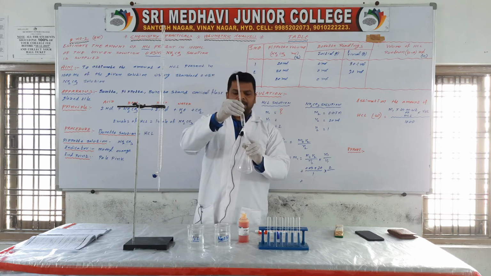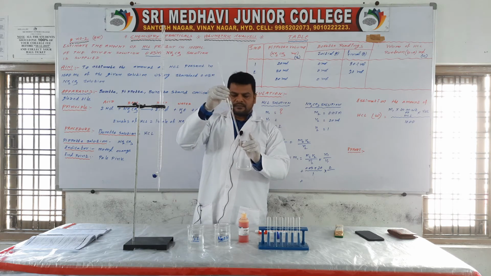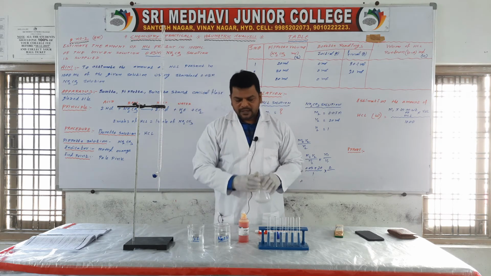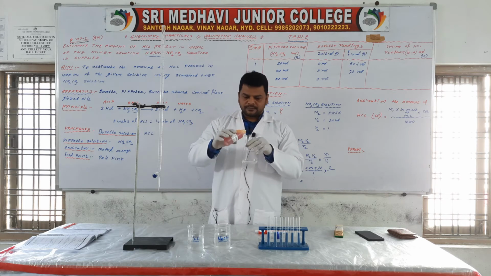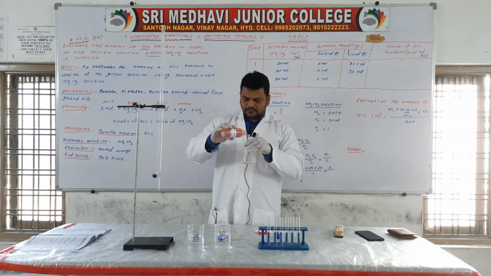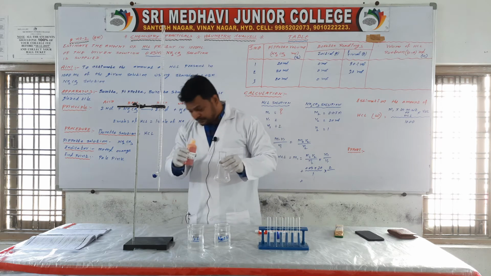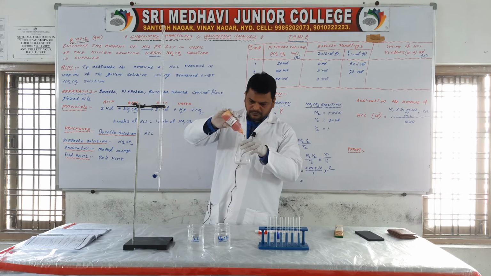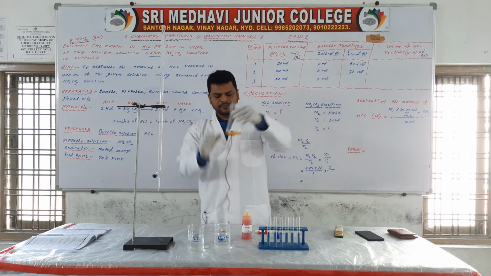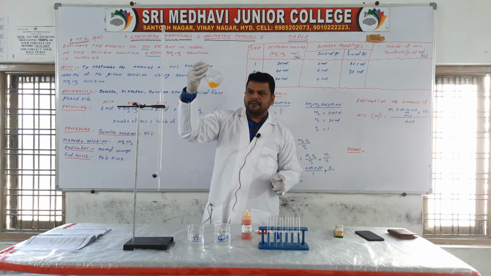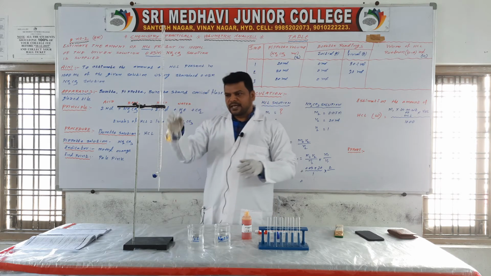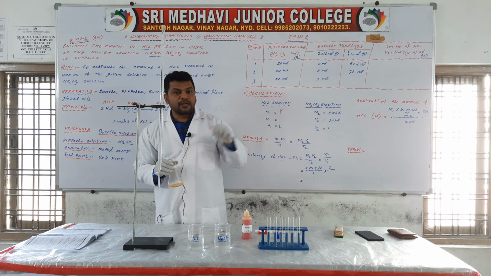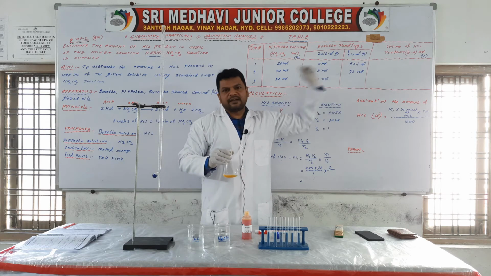If you release the finger, then it will fall down. Then it is colorless. You have to add the indicator, 2 drops. On adding the indicator, the solution turns pale yellow. Then do the experiment the same way. This is the third time. So the value must coincide. The third value must coincide with the first value or the second value.